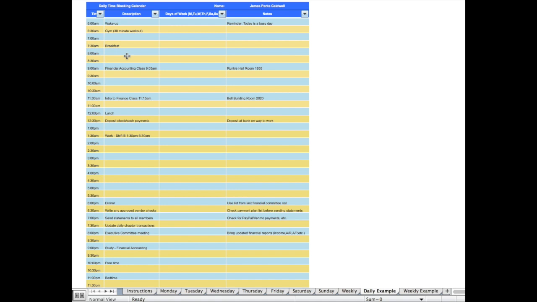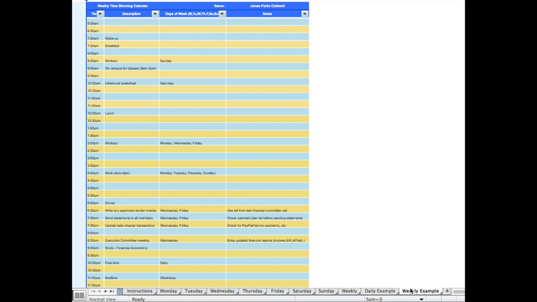In this example, you can see time blocks set up for tasks such as attending class, showing up for a work shift, and even time set aside for Quaestor responsibilities. If your days are similar, you may want to use a weekly schedule.